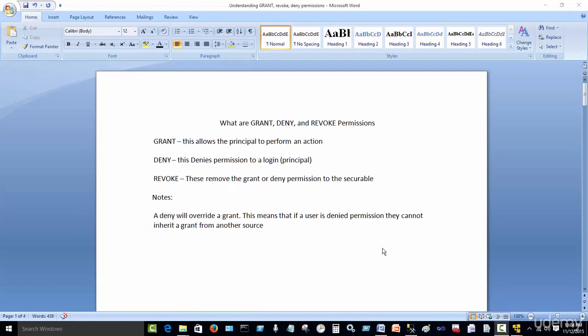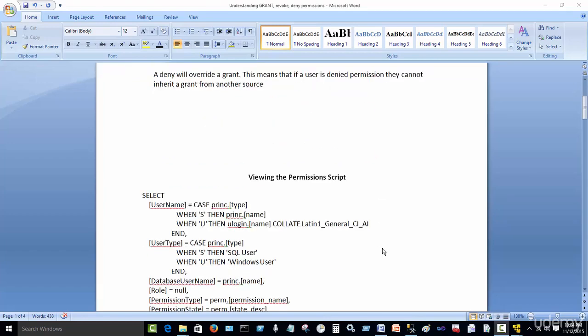One thing to note is that a deny will overwrite a grant. This means that if a user is denied permission, they cannot inherit a grant from another source, even if they're part of a role. I'll illustrate that in a second. And then finally, I'm going to give you a script that allows you to view all your permissions with each user's logins and Windows users. So let's move to our SQL environment